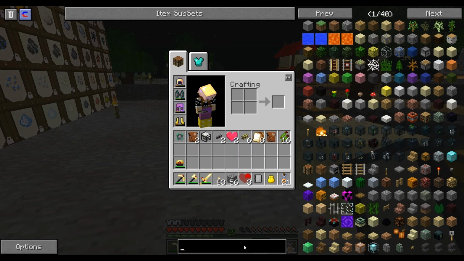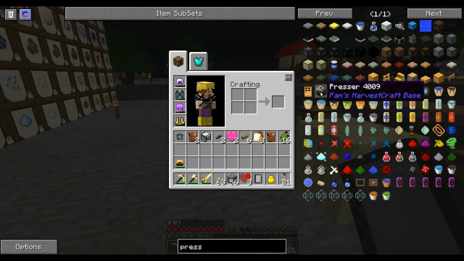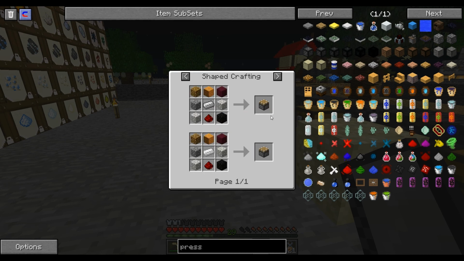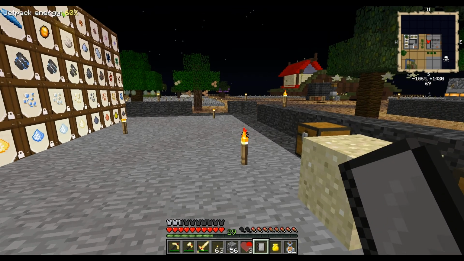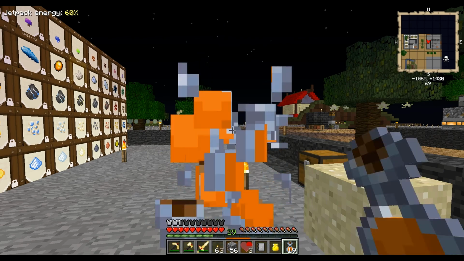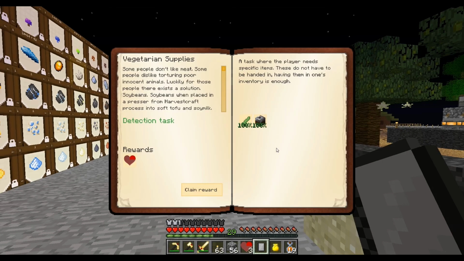And the presser is pretty easy. It's 2 pistons and some iron. I use the aluminum for pistons anytime that I have to make them. Super easy to make. It's super easy to use as well because it doesn't use any energy. So that is nice. That's how you make the silken tofu and the firm tofu and the soy milk, which